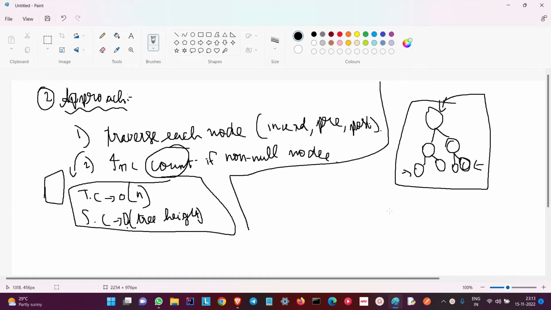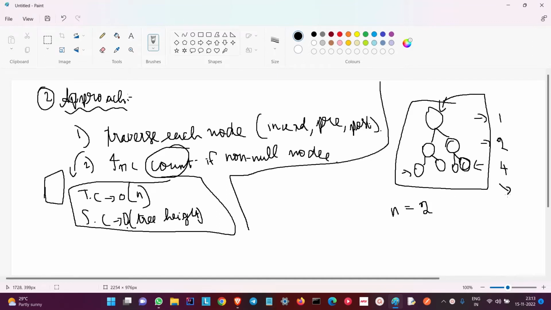The number of nodes n equals 2 to the power... When you consider the first level there is 1, second level there is 2, third level there is 4. So we can clearly say that the number of nodes is equal to 2 power,